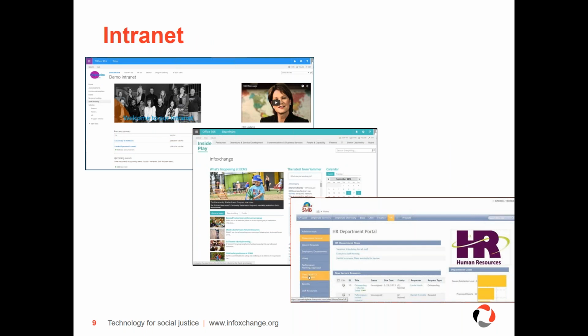They're similar but different. You can see that different people want to use it in different ways, but you'll notice there's a lot of branding. So you're able to brand your SharePoint intranet to your organisation branding, and you determine what sort of information and style of information you're going to provide through that.